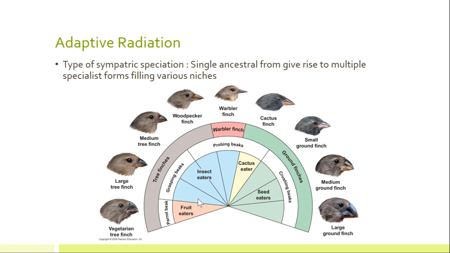Because if I can eat big seeds, I'm probably going to mate with another bird that can also eat big seeds, right? And we're going to eat big seeds together. We're going to be hanging out together. If I can eat cactus, I'm going to hang out on cactus, and I'm going to mate with somebody that can also eat cactus, right? And so you get this big shift, but you're all in the same ecosystem area, right? And that's sympatric. So allopatric is geographically isolated. Sympatric is where you give rise to multiple specialist forms of a species because of open niches.